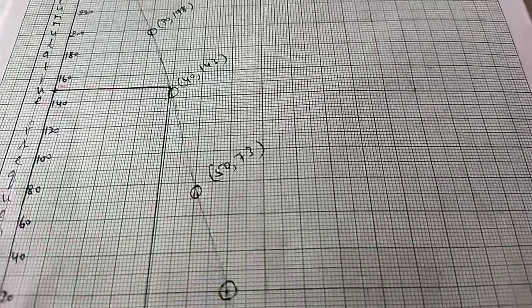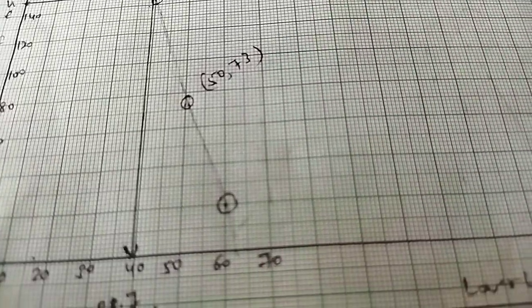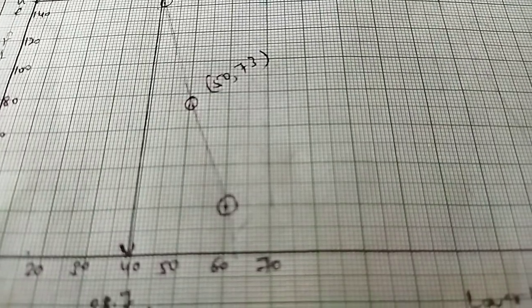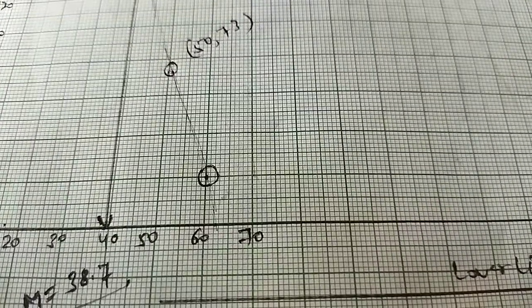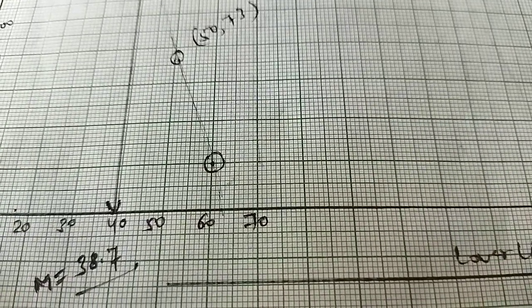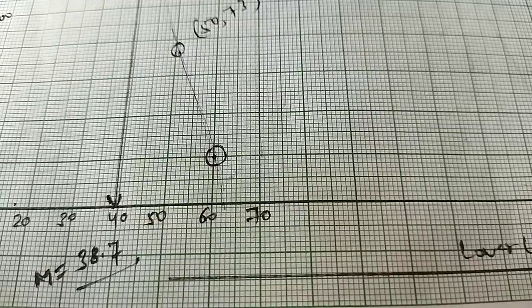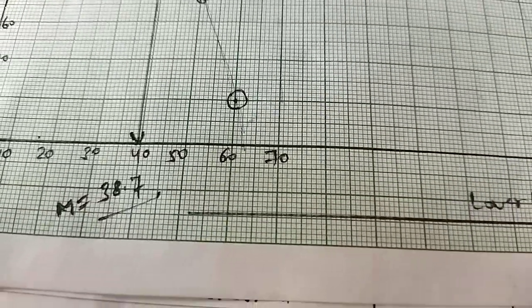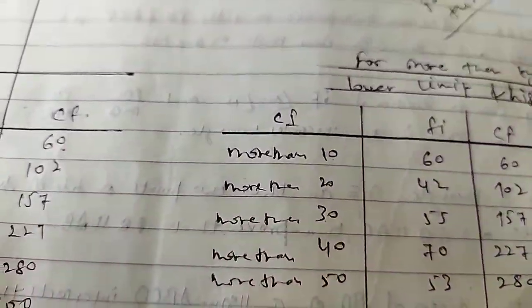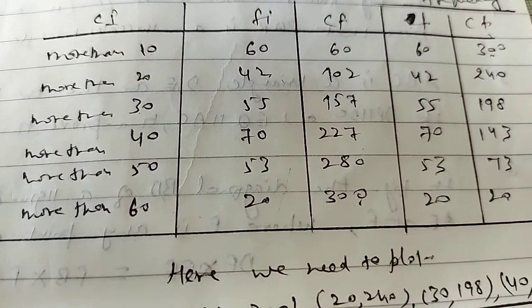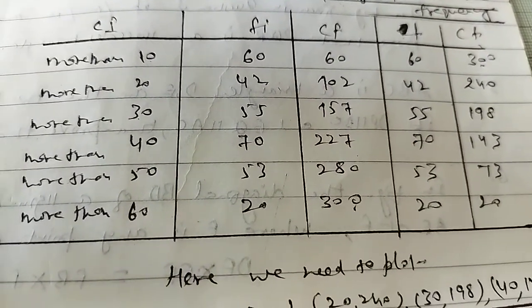An important point to understand is what are those chords which we need to plot in less than type and in more than type, and in which order. In less than type, always the upper limit of the class interval with respect to its cumulative frequency. And in more than type, your lower limit with the highest cumulative frequency. And here I explained to you how to convert that, so please pay attention to that.